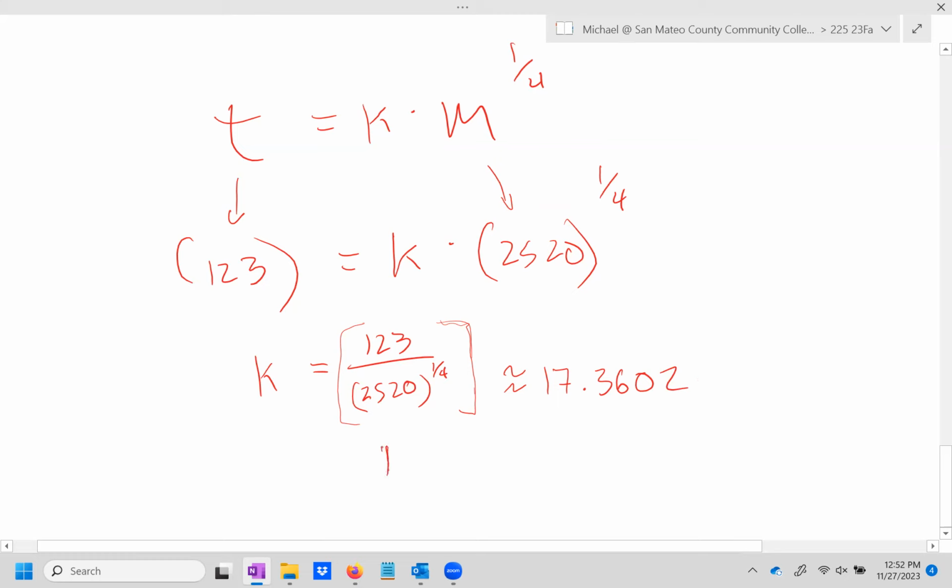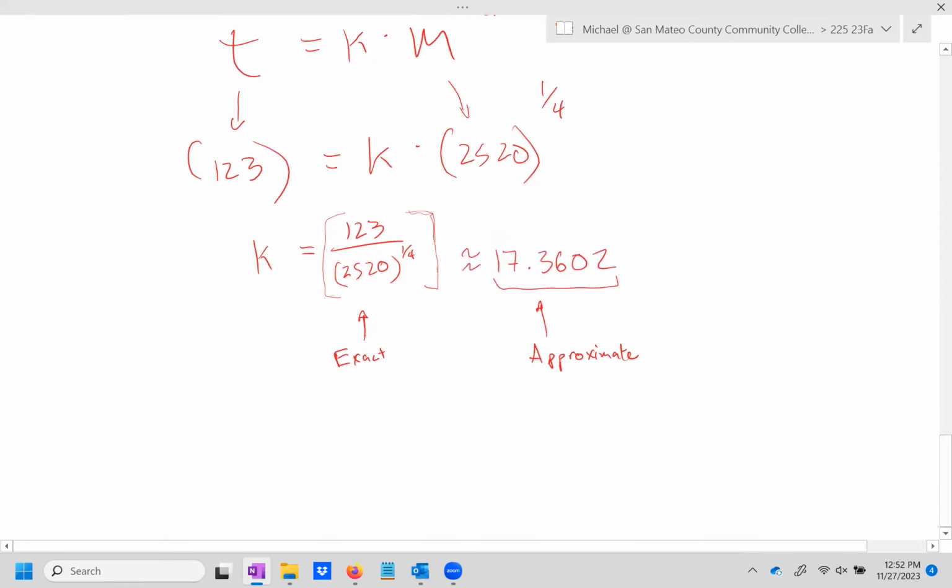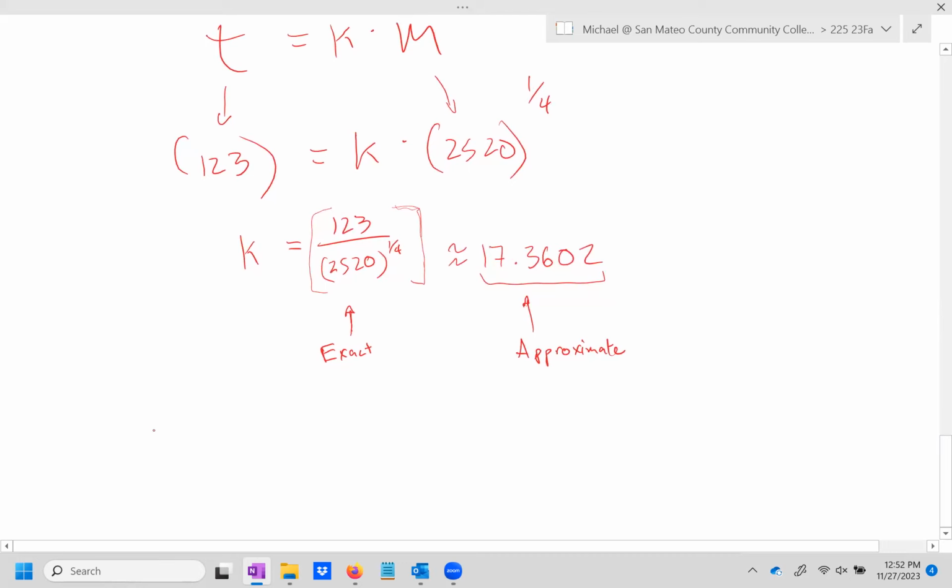Okay? So which one is the exact value? This is the important part. You need to know that this is the exact value. And what is this called? This is the approximate value of k. So what I have now is my relationship. I have a formula now based on this data. The formula here is y is equal to k, which is this,